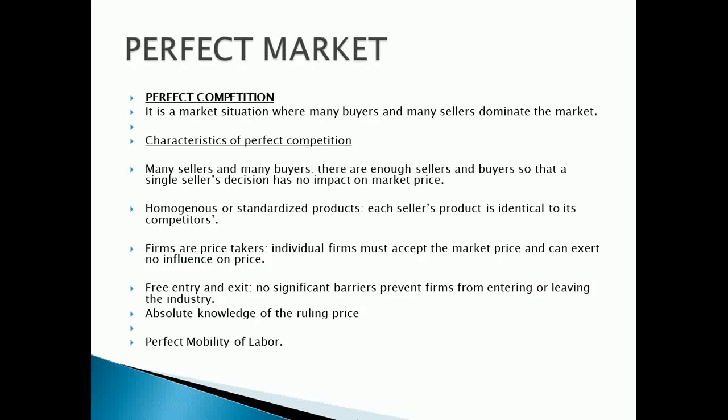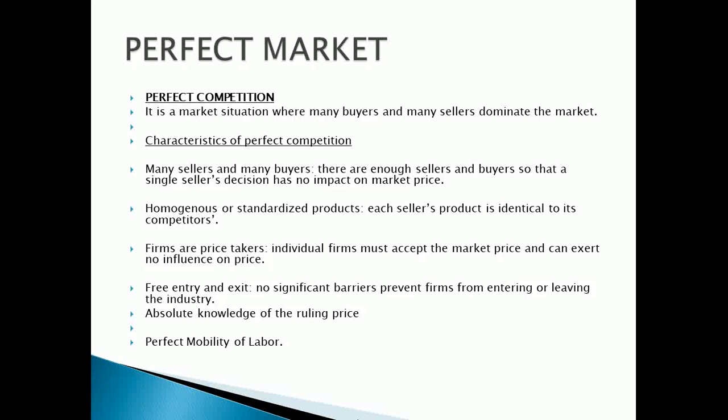We must not forget, in perfect competition, any profit maximizing producer faces a market price equal to its marginal cost. That means P equals MC. This implies that a factor's price equals the factor's marginal revenue product. So under conditions of perfect competition, the MR curve coincides with the AR curve. The AR curve is horizontal. Therefore, the equilibrium condition of a perfect market is when MC equals MR and equals AR.